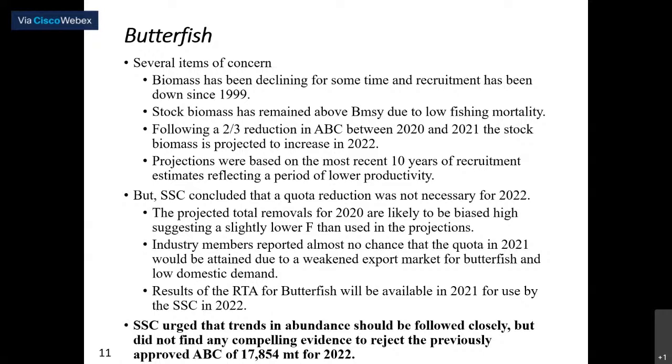The quota, the removals for 2020 are likely to be biased high, suggesting that there probably is a slightly lower F than estimated. The industry indicated that there's probably no chance of exceeding the quota in 2021. And then finally, and perhaps most importantly, the research track assessment for Butterfish will be available for use by the